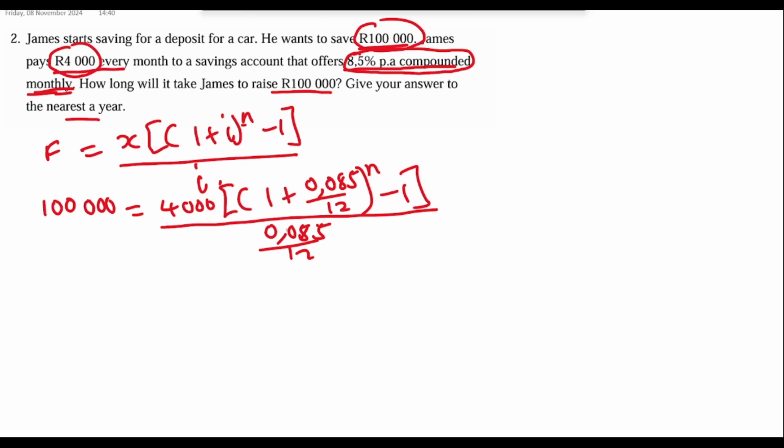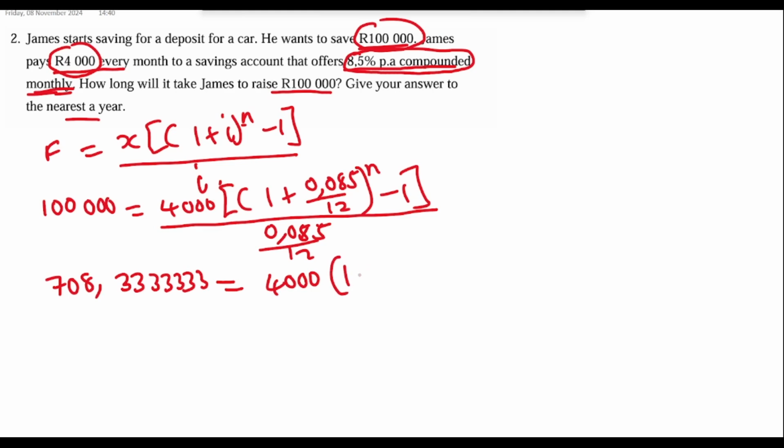I prefer multiplying this with this first. We can do things differently here, but let's multiply 100,000 times 0.085 divided by 12. What do we get? We get 708.33333 recurring, is equal to 4,000,